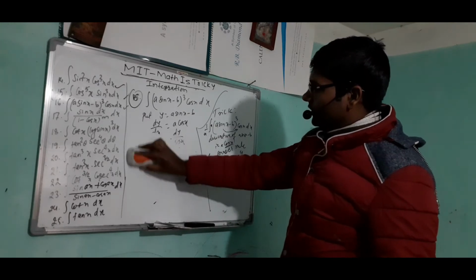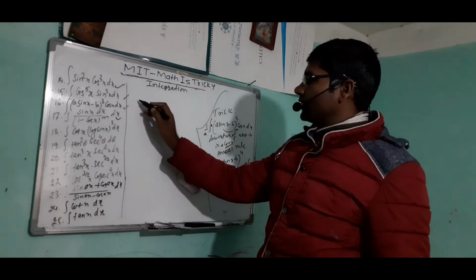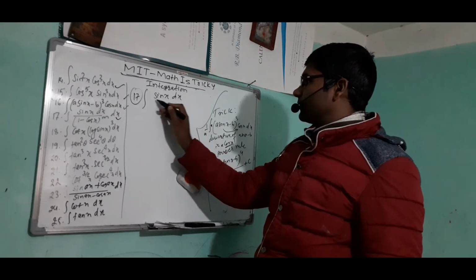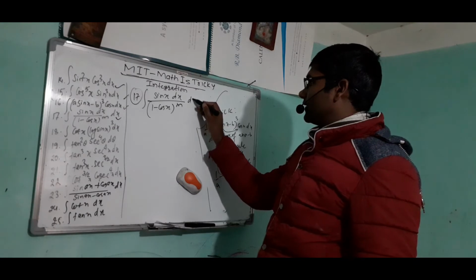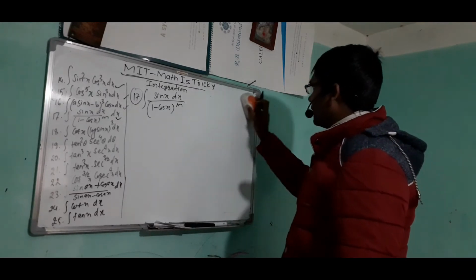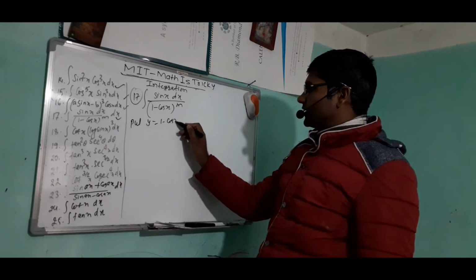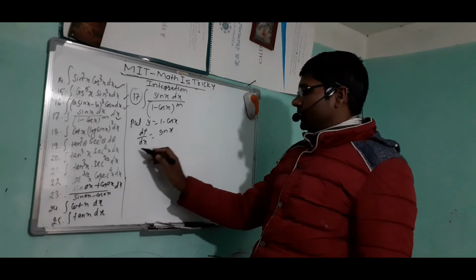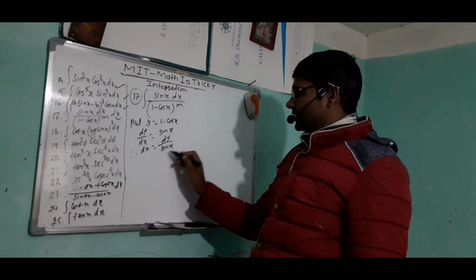Now let me solve question number 17 for you. Question number 17 is the integration of sin x dx by (1 minus cos x) whole power n dx. Let's see the process first, then I'll be solving it by trick. So put y equals 1 minus cos x, then find dy by dx. It is the derivative of cos x. Therefore, we can write dx equals dy by sin x. Now the question becomes